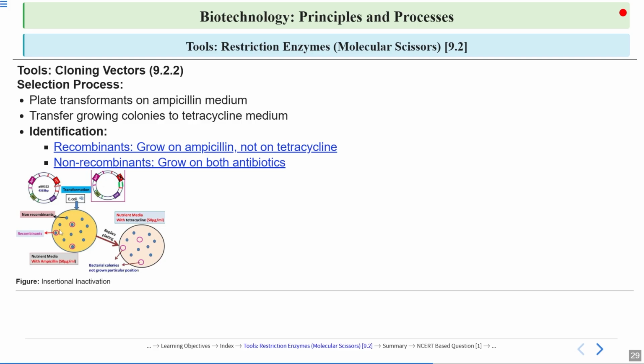So when we have grown it on a plate with ampicillin antibiotic, the recombinant and non-recombinant both grow, but when we replica plate this on the tetracycline plate, only the non-recombinant grows, and the recombinant doesn't grow. Okay,